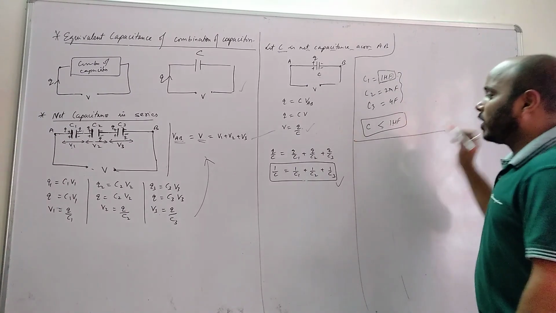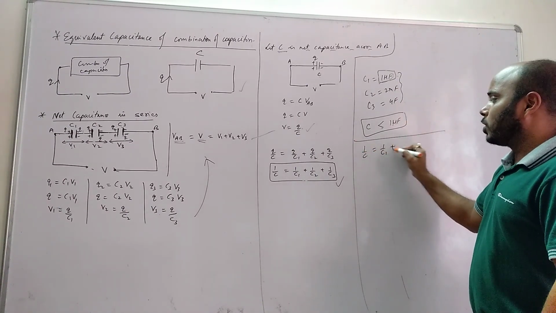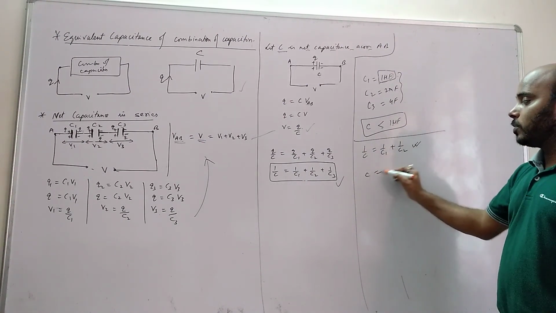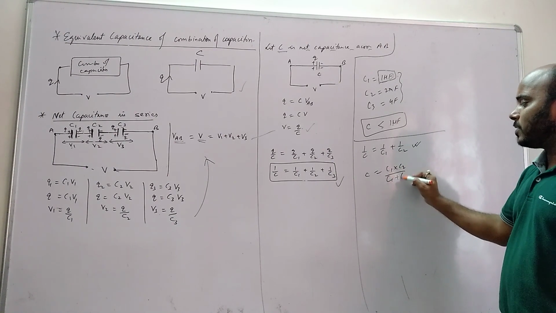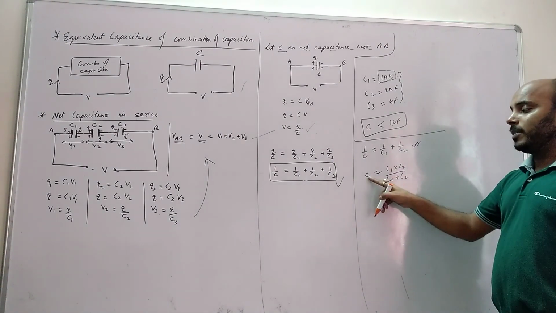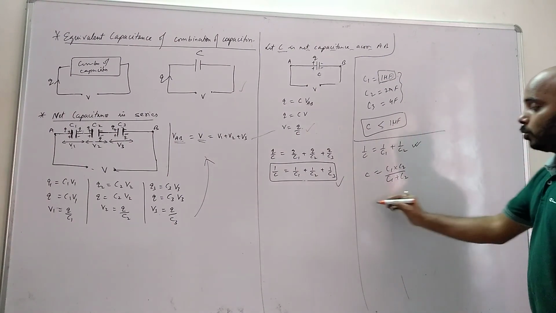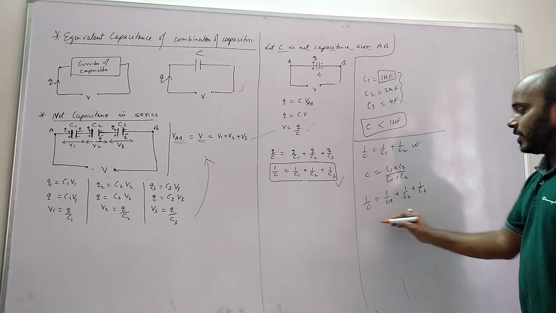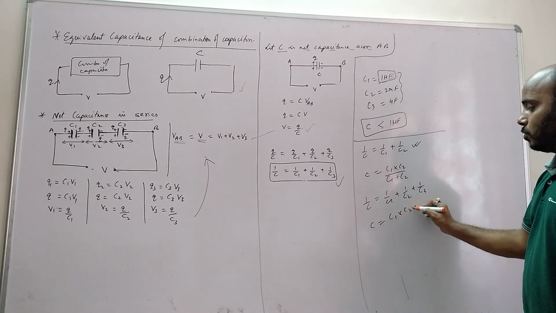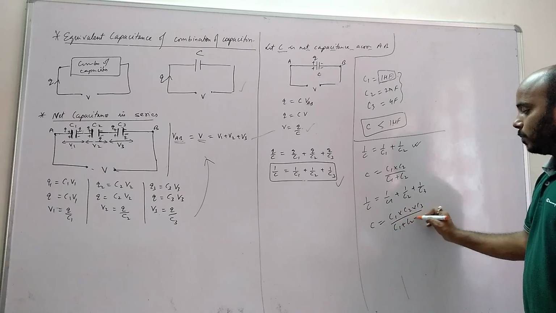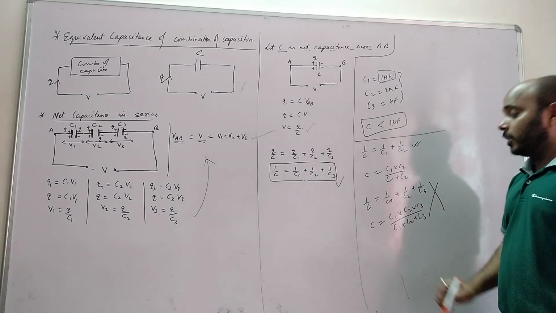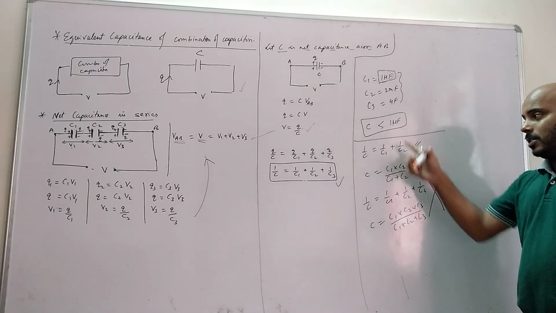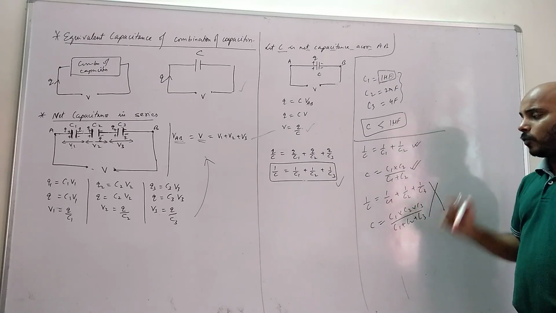Now in numericals, sometimes we use a shortcut which is valid only for two capacitors. C equals C1 into C2 by C1 plus C2. Net capacitance is multiplication by addition. But don't use your common sense, it doesn't always work. For example, if you think sir said this, and I do C1 C2 C3 by C1 plus C2 plus C3, that is wrong. This shortcut formula is only valid for two capacitors in reciprocal form. This is not valid for three capacitors.